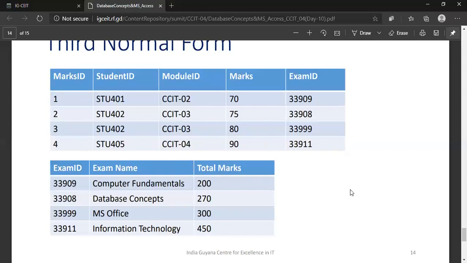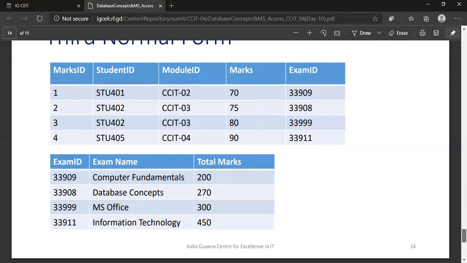So in the first table, prime attributes are there and everything is dependent on the prime attributes. Similarly, in this table also, all attributes are dependent on a prime attribute, that is the exam ID. This type of form is known as third normal form.